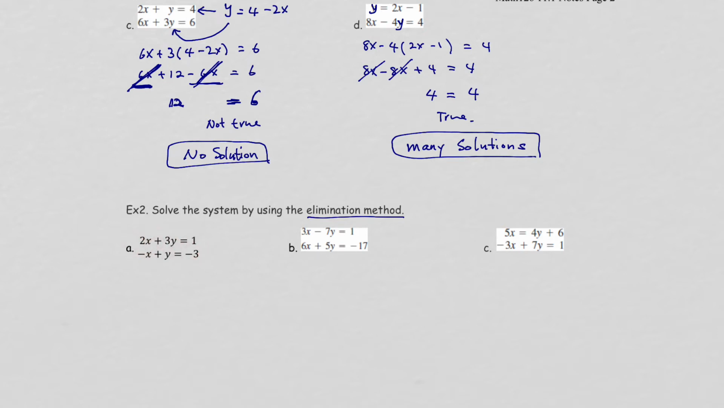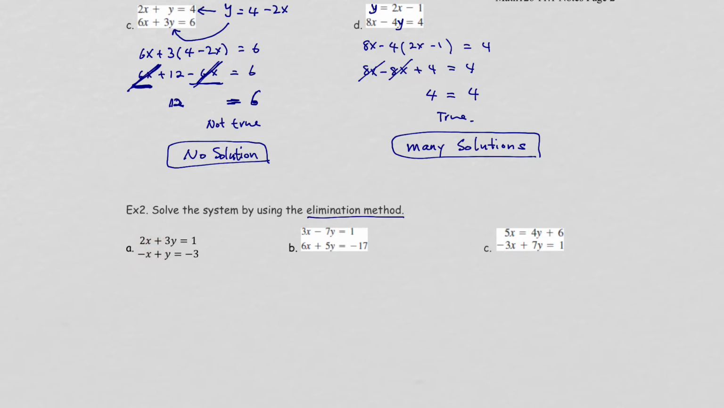Here, I used substitution to get rid of one of the variables, right? Create an equation with one variable. Elimination means I'm going to eliminate one of the variables in order to solve the other one by adding. So in order to do that, when I add these two equations to get rid of one of the variables,